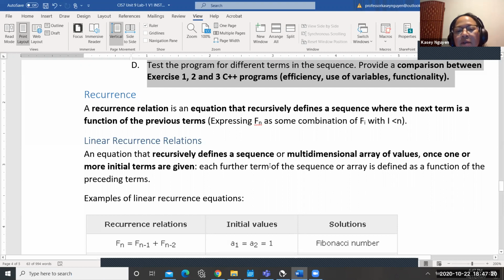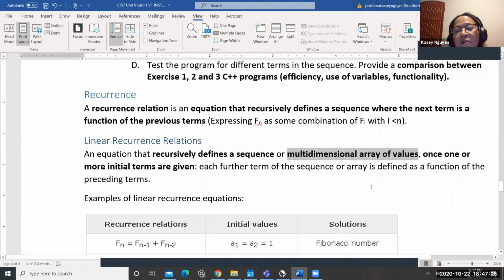So now you can also use this for multidimensional array values to be able to access those. But you have to have a base, like what we've been talking about. Okay. Now, all the later terms are going to be determined based on the result of the previous or the prior terms. And that's what recurrence relation really entails.